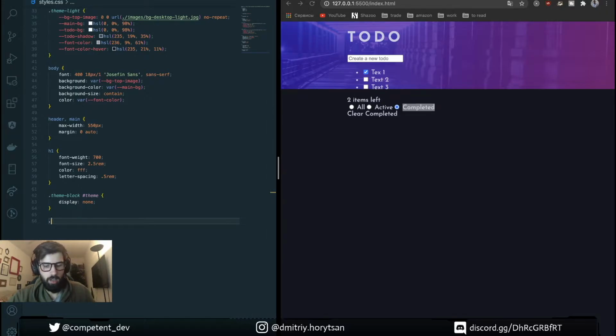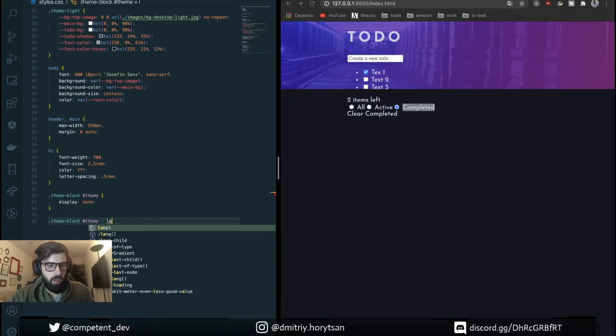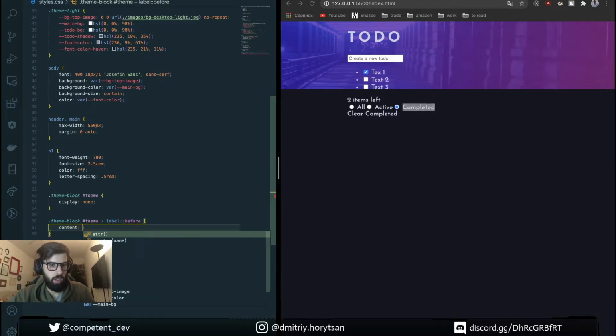Then we use the theme block and use before to show the icon for our theme block.